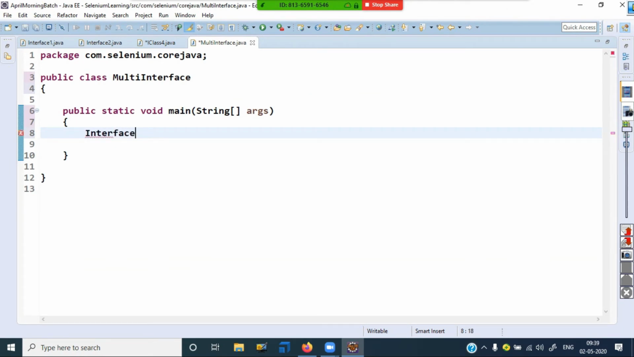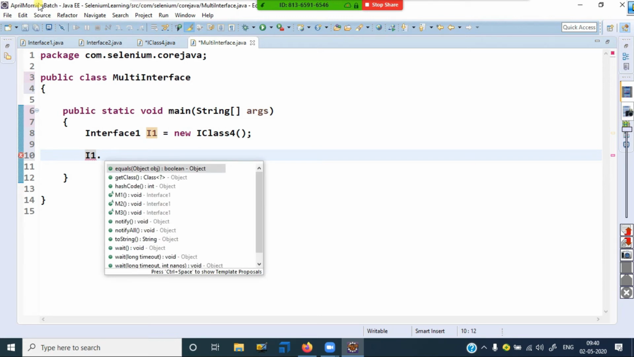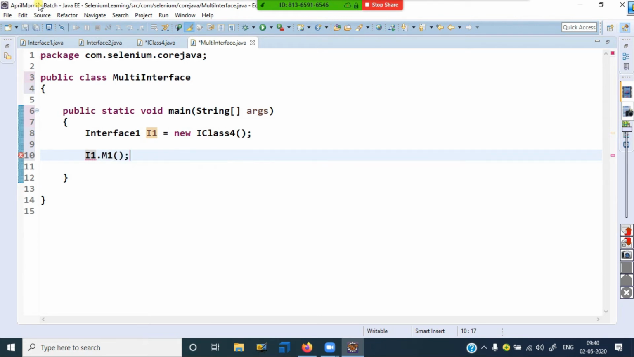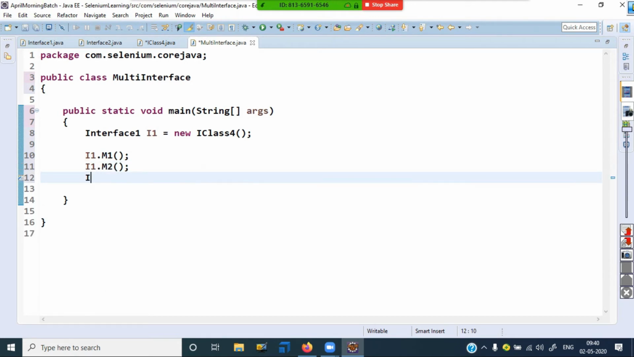Interface 1, definitely it belongs to your WebDriver. Okay, so please concentrate. It's class 1 or class 4. This we can write. Now it has the capability: I1.method1, I1.method2 and I1.method3. This is what I can go for. Next